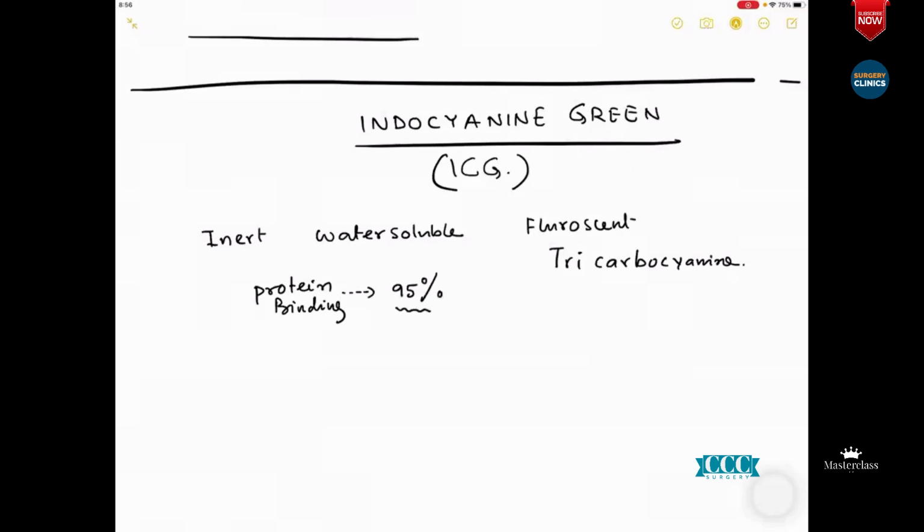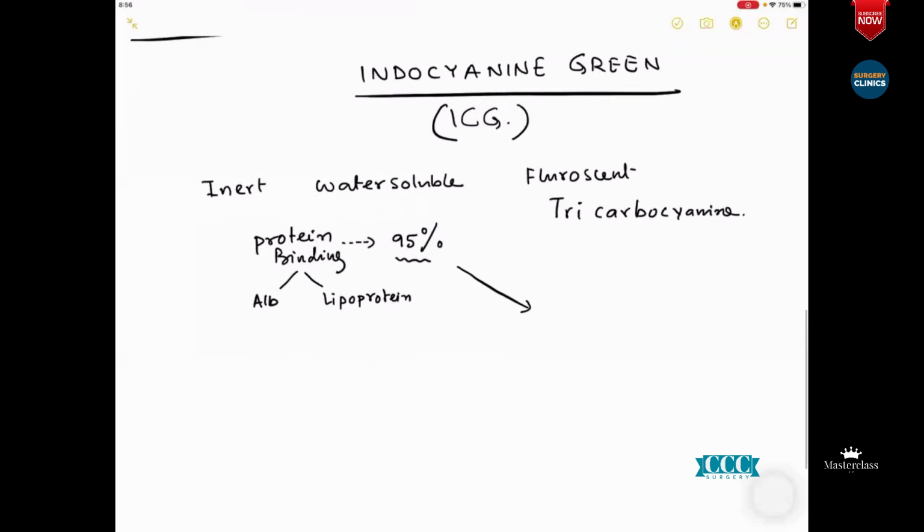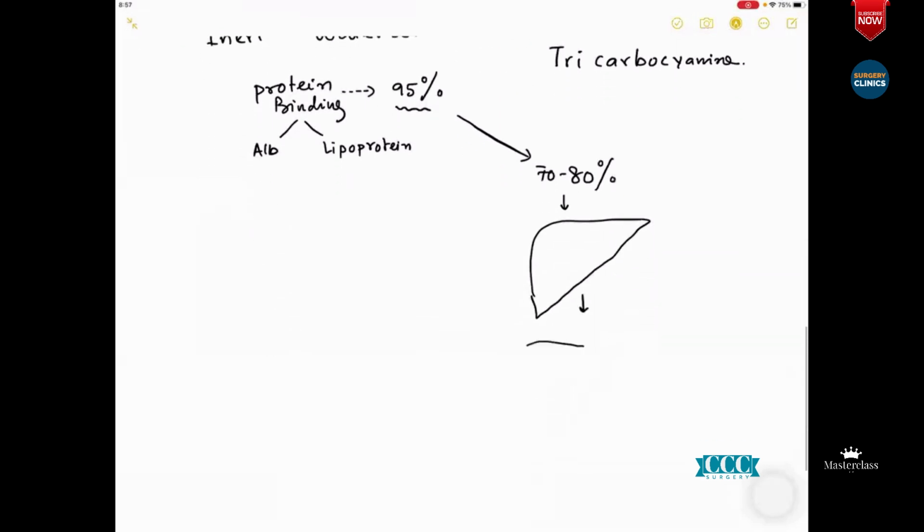So, these proteins that they bind are not only albumin, they are also responsible for binding to lipoproteins as well as albumin. Now, forget about this one, okay? But the main point that I am interested in as a surgeon is to know that about 70 to 80% of this is metabolized by the liver and is excreted from the liver through the bile duct and the gallbladder, and hence during a lap chole you use an ICG to visualize the bile duct. So this is the basic logic about this part, and I hope that you have known this.